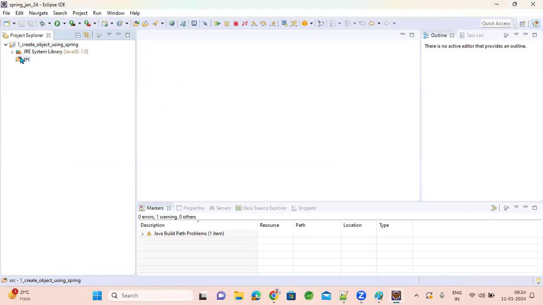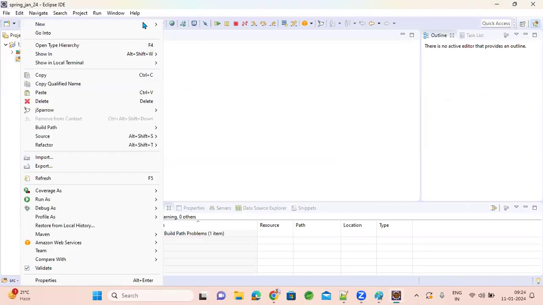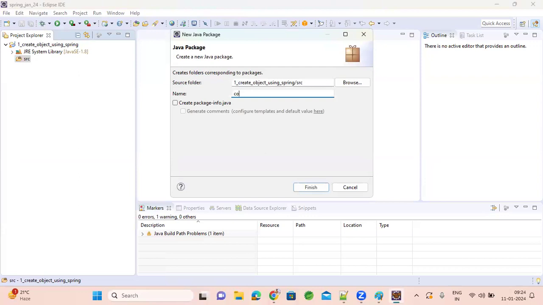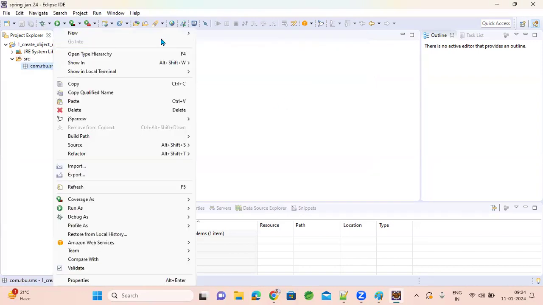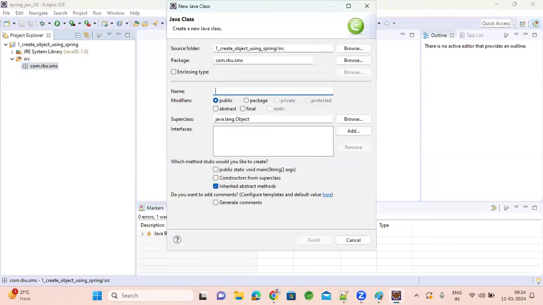So first I'm creating a package here. Without packages also people will start coding classes, but don't do that. Learn a practice: always keep your classes in packages. Without packages, we never put classes. So always use packages. I created a package named student management system. Inside the package, now you can write a POJO class. So I'll be writing a simple POJO class, Student.